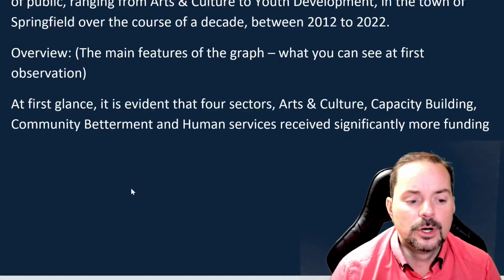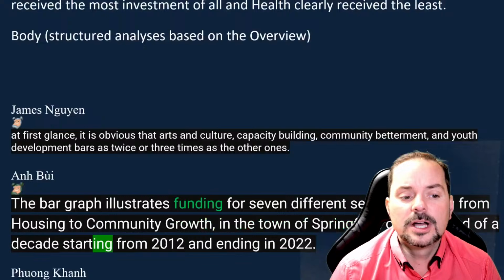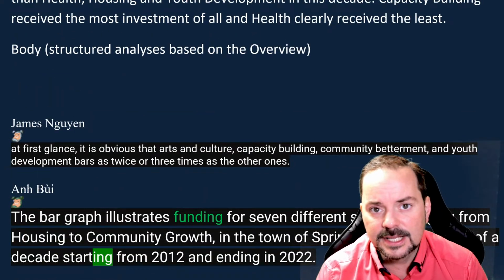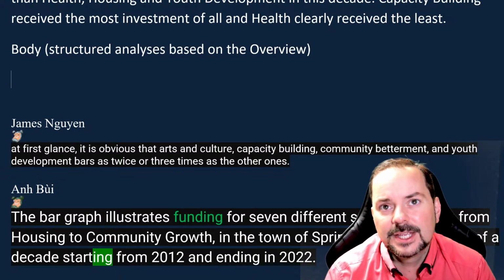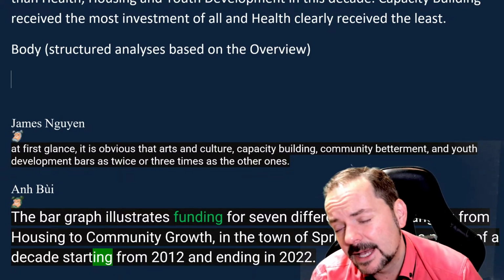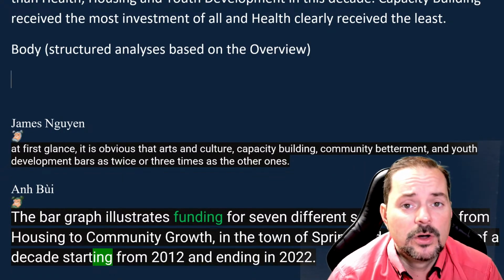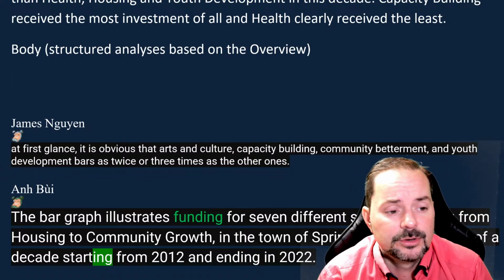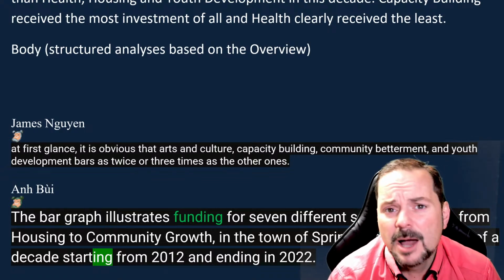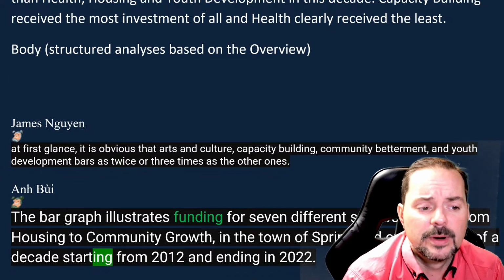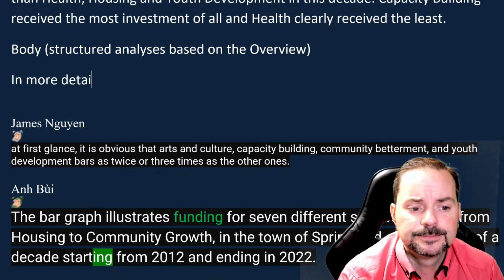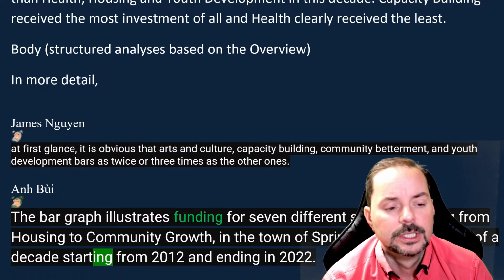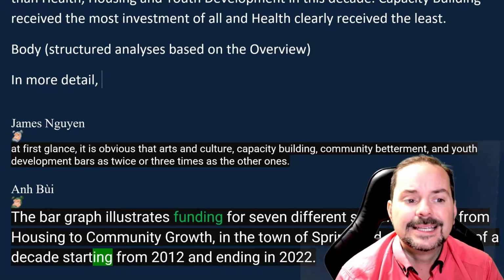Okay, so with the analysis, there are lots of ways to start. Don't write firstly. This is not a process essay. Firstly is used best when you're writing on a process essay, like first, second, third, fourth, firstly, secondly, thirdly. Okay, so I'm not going to write first. I'm just going to write in more detail, because that's literally what I'm doing. I'm giving more detail about what I just wrote. So in more detail,